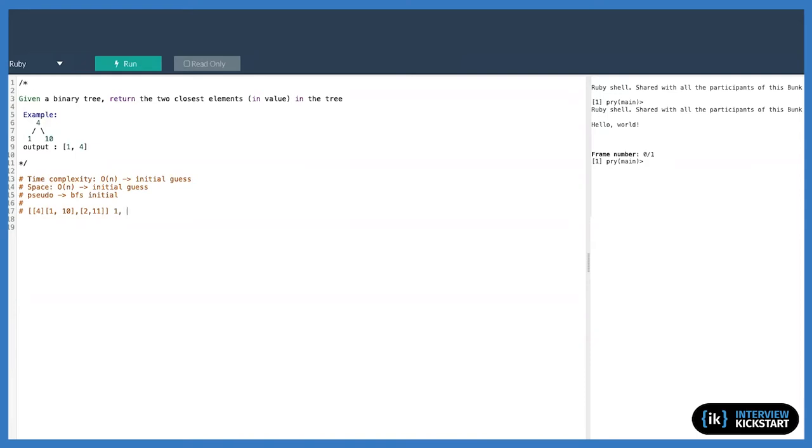If we sorted this, we get 1, 2, 4, 10, 11. Right, and then if it's sorted just in ascending order, you can just assume the first 2 would have to be it, right? Because it's already sorted. Some edge cases, I guess, to clarify,